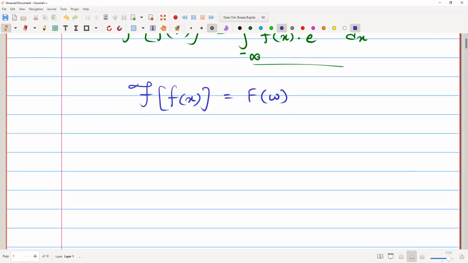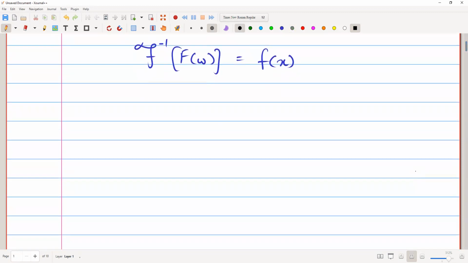And vice versa, we can write the Fourier inverse transformation of this function of omega. It will be f of x, right? When we apply the inverse transform to this function here, then we are going to get this f of x back, right? Okay, so now for partial differential equations, for instance, if we have a derivative like this, dou u over dou x,